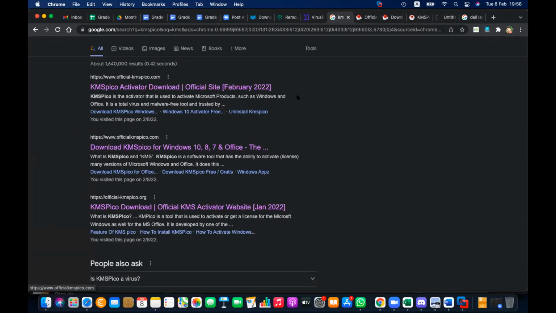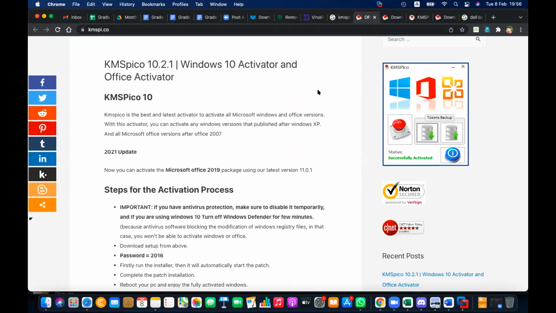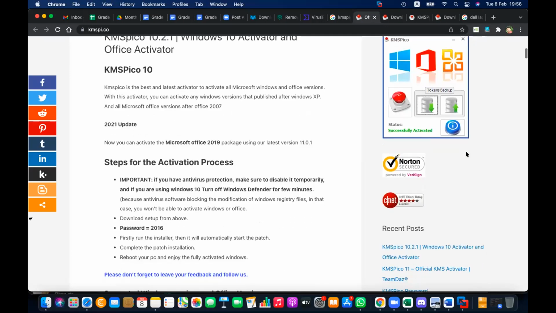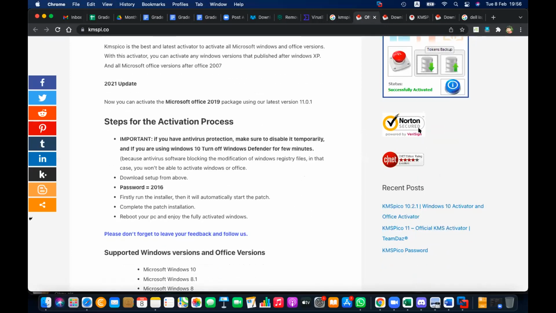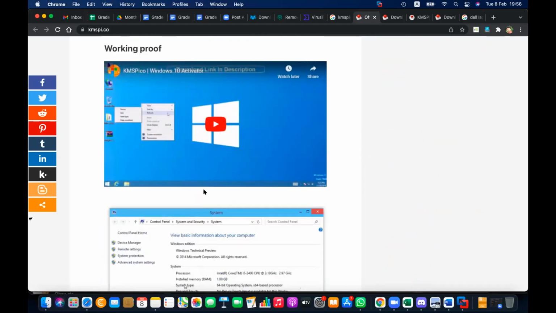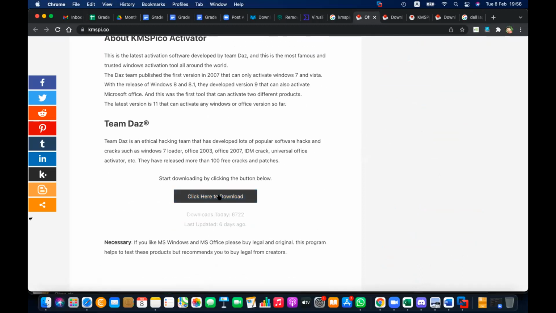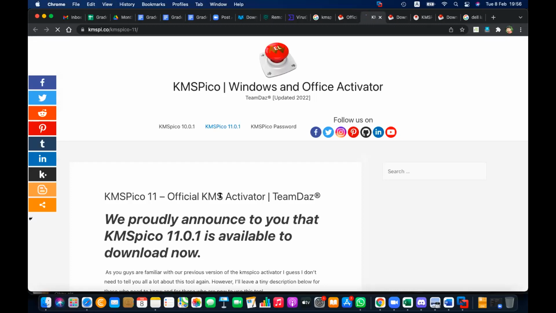Okay. So this is the reason, right? So this says it's for activating Office, Windows and all. It's secured from Norton and all. Norton is antivirus. Secured, and it can be used for this software, and this is how to activate. Everything is there. The guideline is also there. Right here, click here, download. Let's download. Seems official, right?